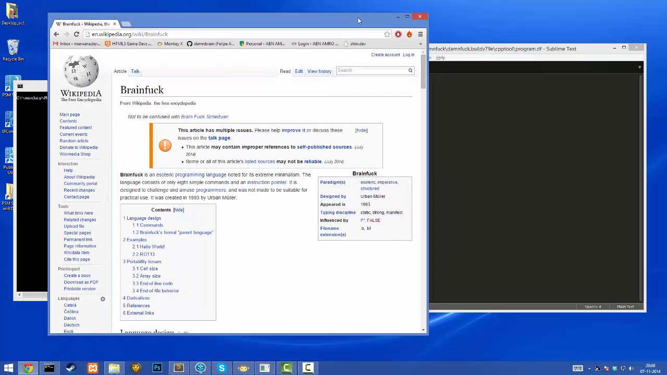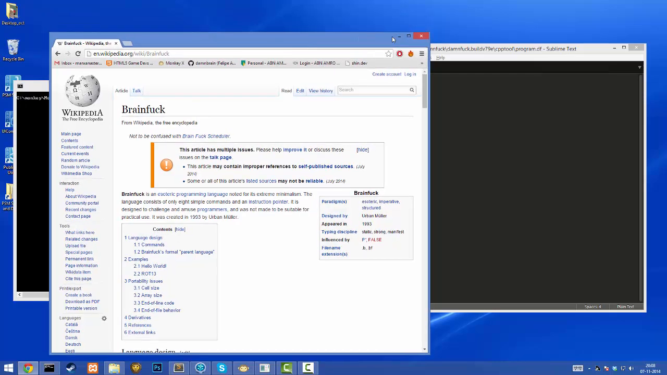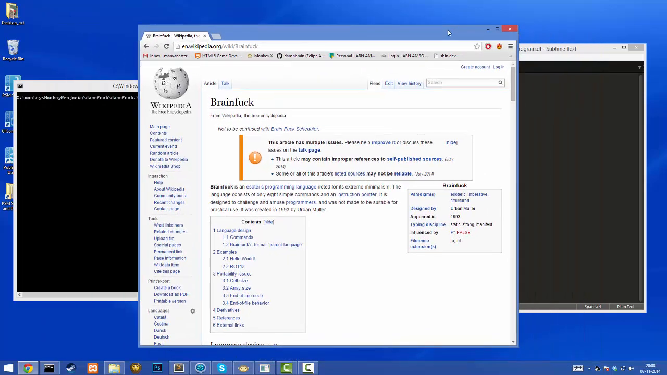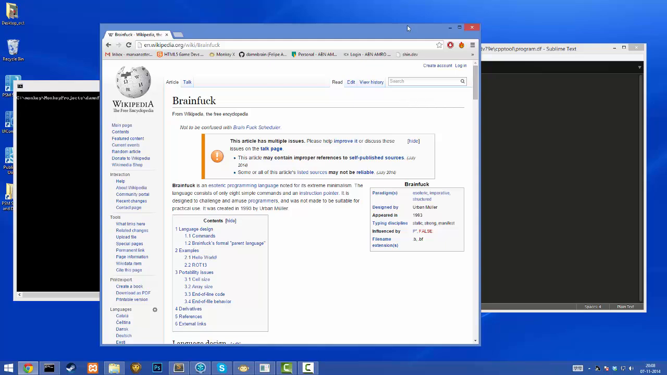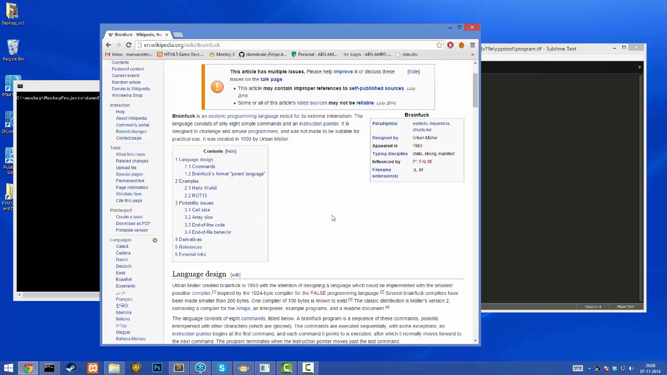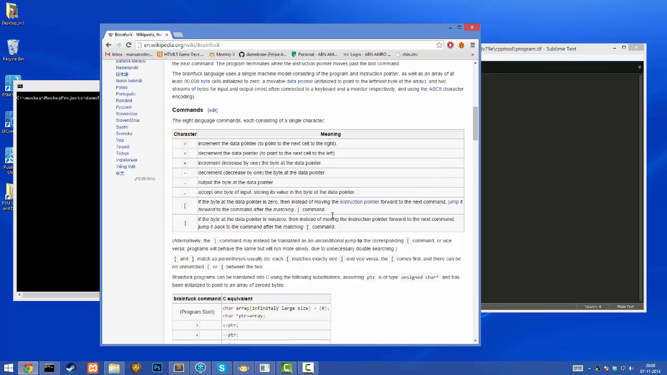Hey, so I'm working on these daily experiments, and one of them was creating a BrainFuck interpreter. If you don't know what BrainFuck is, you can find more on Wikipedia. BrainFuck is a really minimalistic, esoteric language that is composed of eight commands or eight instructions,